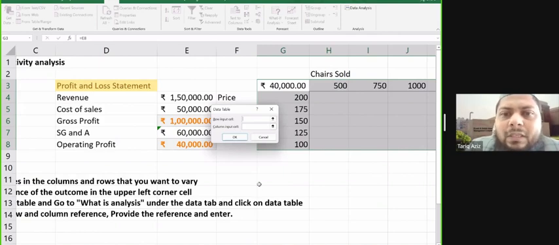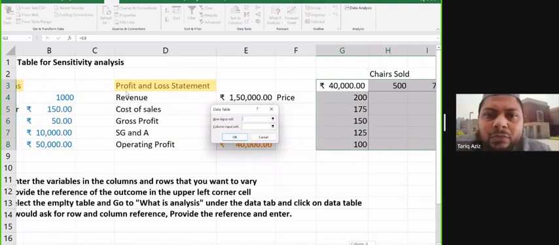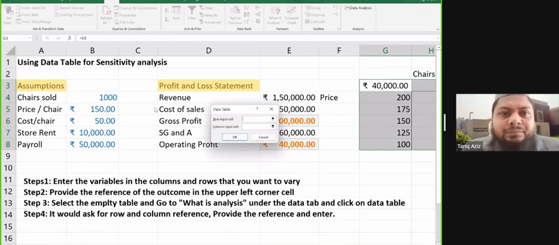A box will be displayed, and this box is asking for two things. It is asking for the row input cell. In this row we have 500, 750, 1000, so it is asking for the value of chairs sold, the number of chairs sold. So I will select